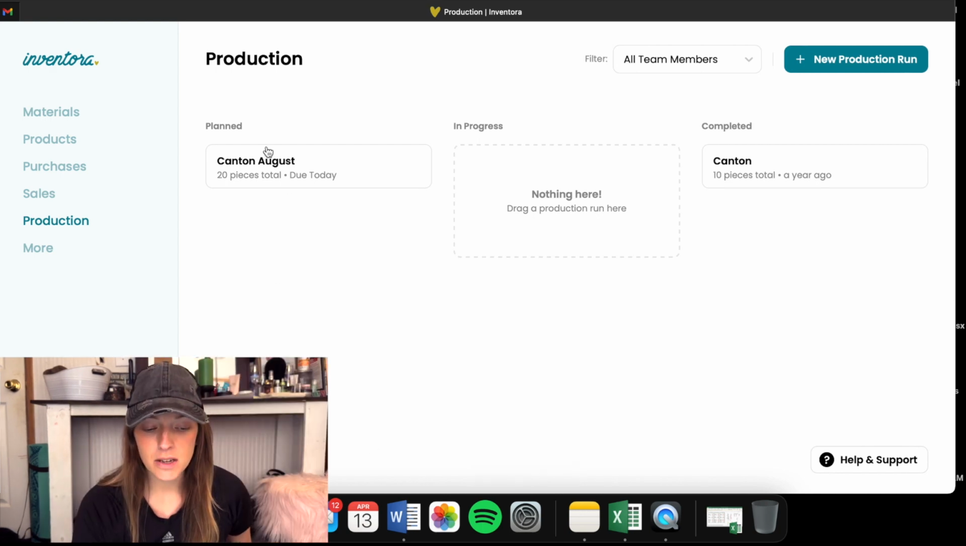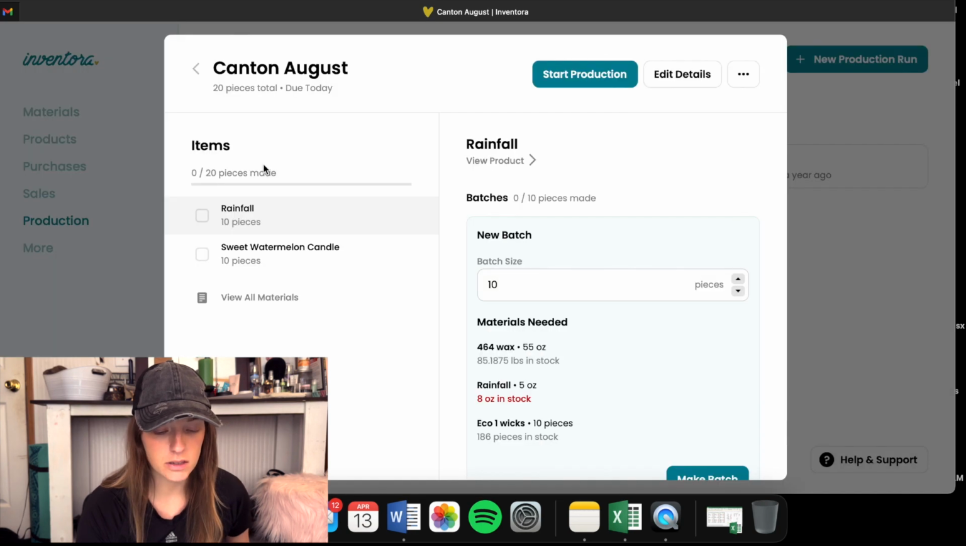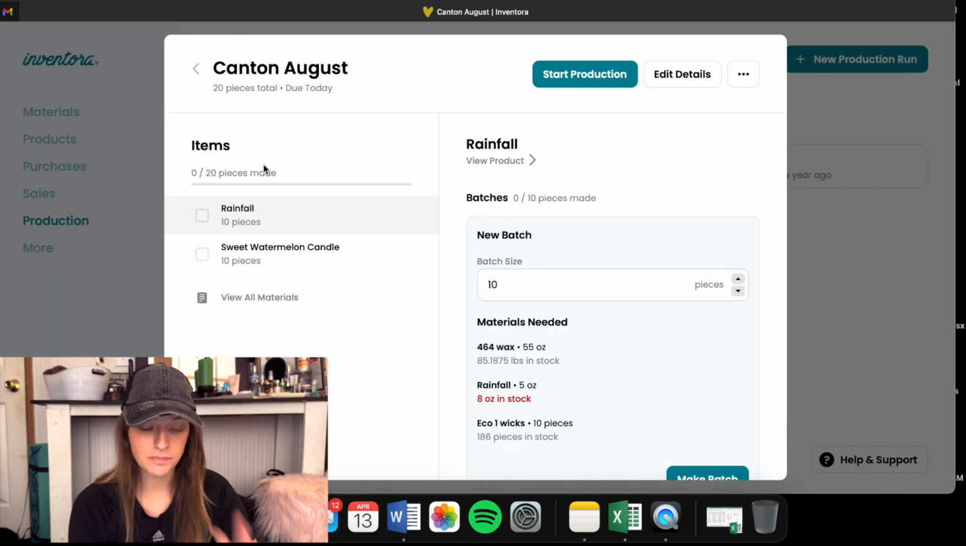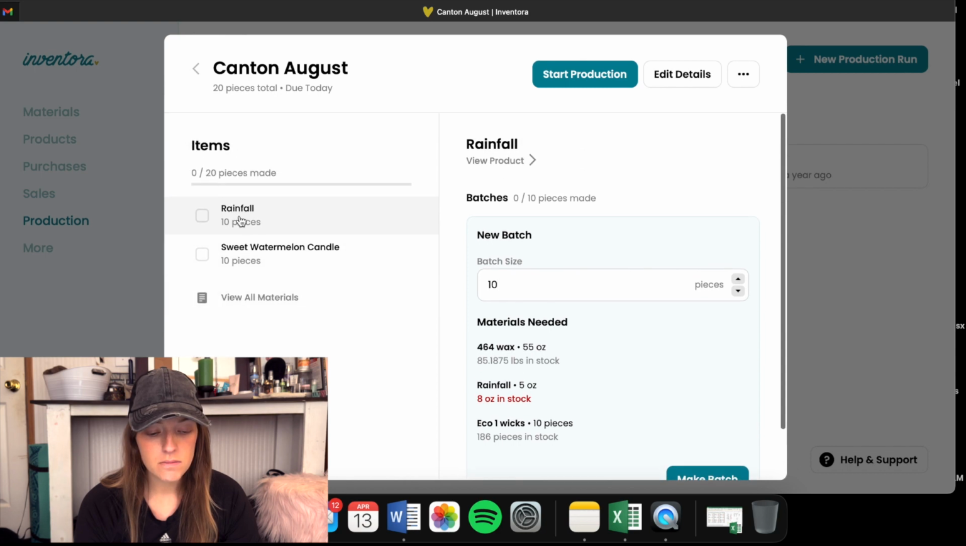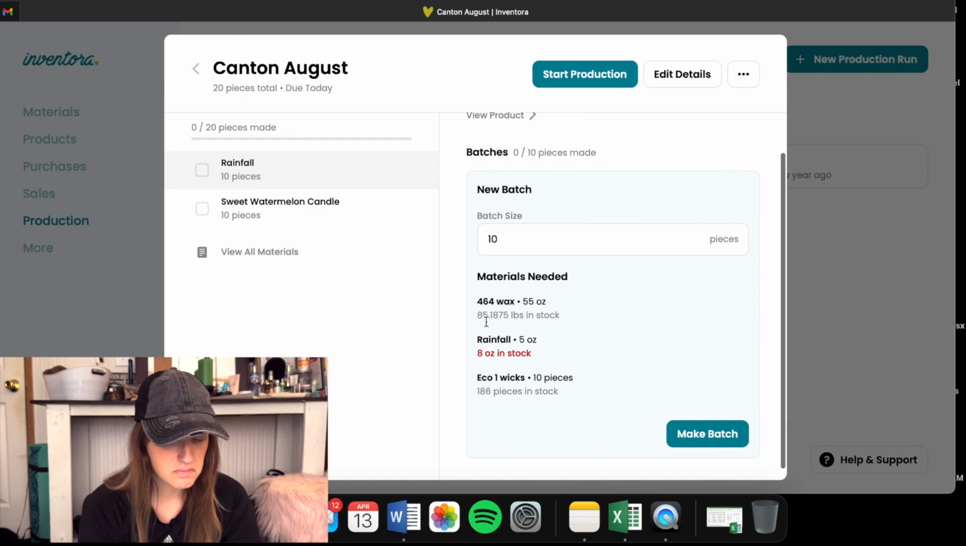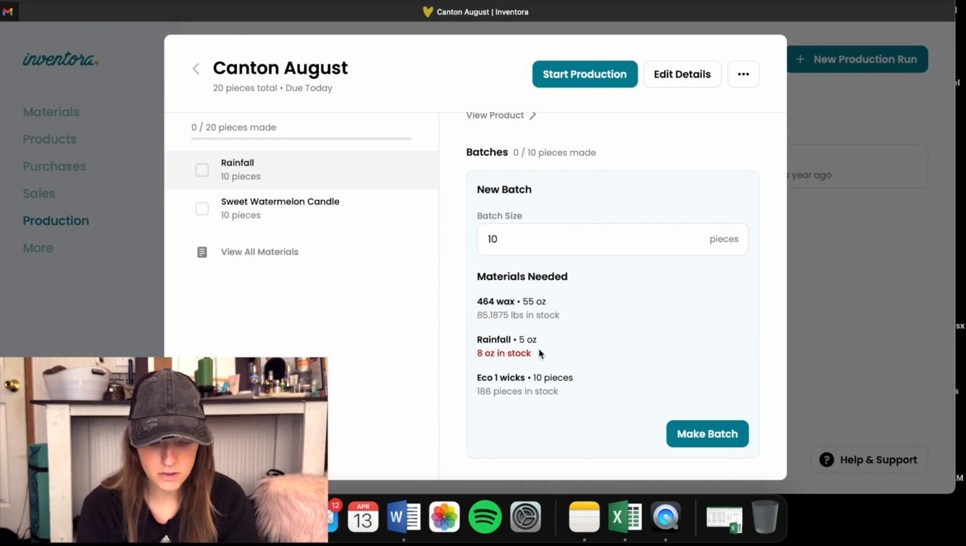So the one that we just made is right here, because it's under planned. And then once you get started on it, it'll move over to in progress. And then when it's done, it'll move over to completed. But let's go ahead and look at planned. So now, we've got 10 of the rainfall candles. Materials needed. Tells you everything that you're going to be using. I like this right here, because it's saying that we're going to be using 5 ounces of fragrance oil, and